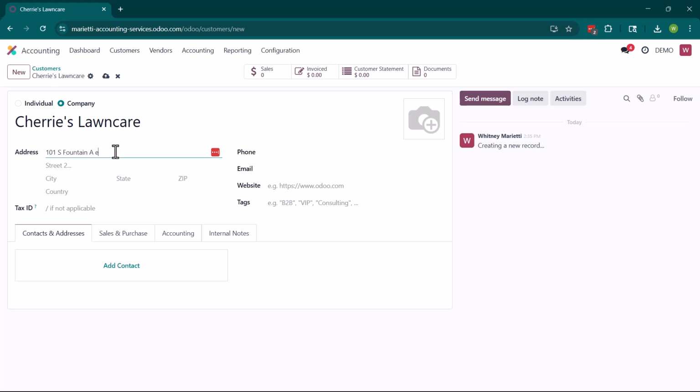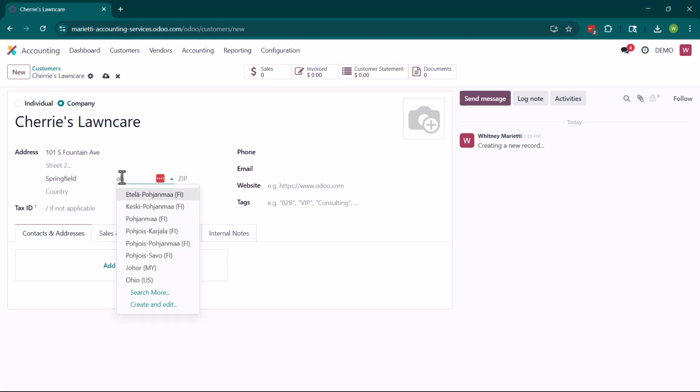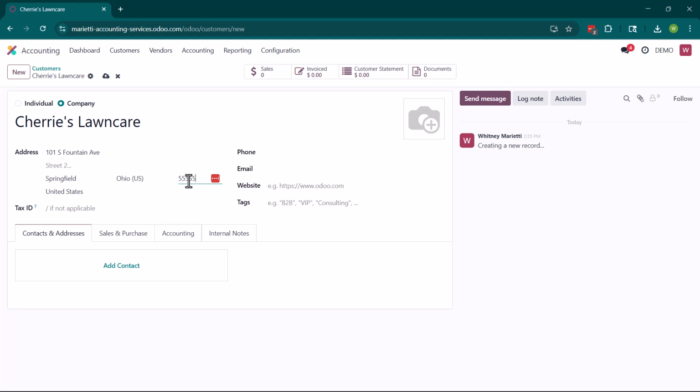address. Things that can be kind of hard for some people is that this is going to pull from across the world. So Odoo is primarily a foreign company. It's a software used by foreign companies. It is recently coming into the US. So a lot of this stuff is going to be more worldwide sort of accounting and setup than what we